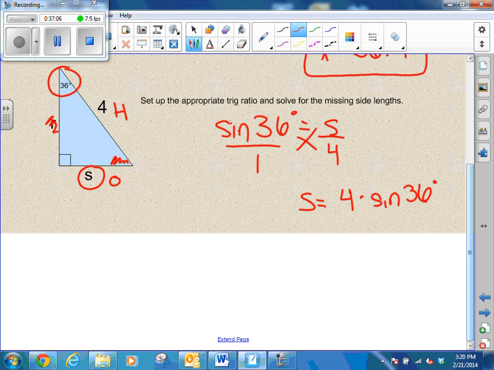Now I plug that in. Now you have to be careful how your calculator does it. Okay? So let's type this in. 4 sine of 36. Give me to the tenths. 2.4. That is what you should get. Now, how do we get r then? How am I going to get r? If I have two side lengths. Pythagorean theorem. So if I solve for r, I'm going to have 4 squared is equal to 2.4